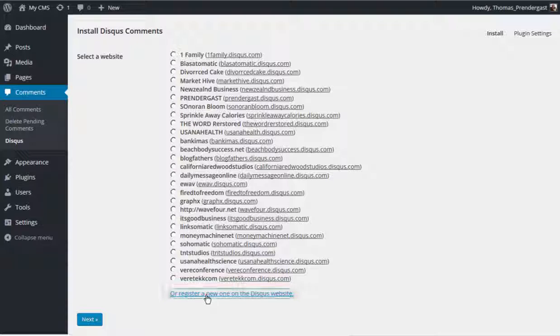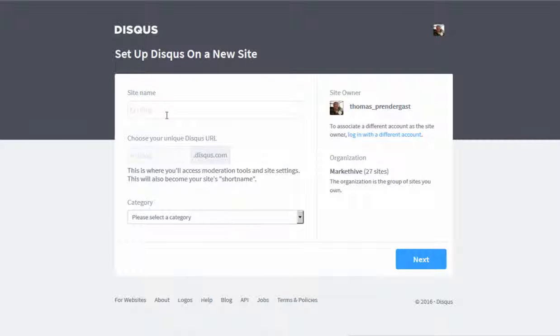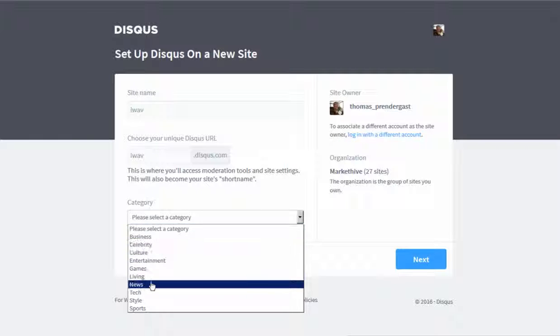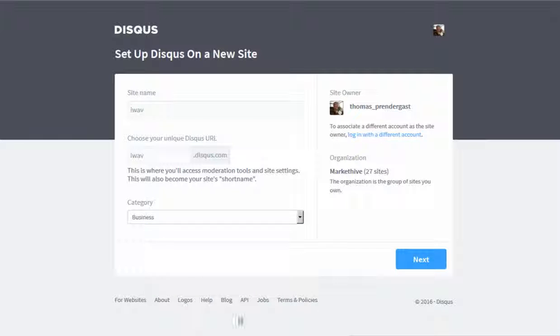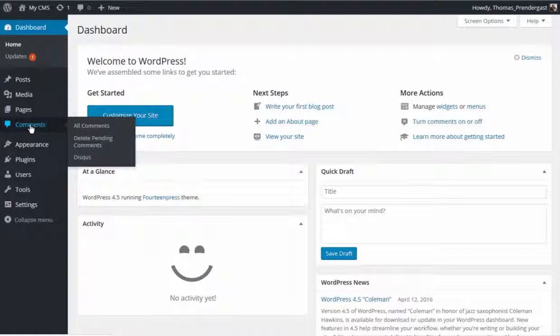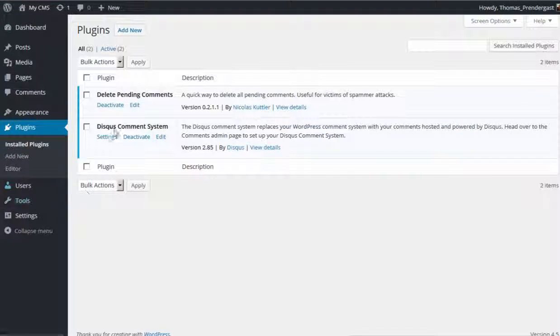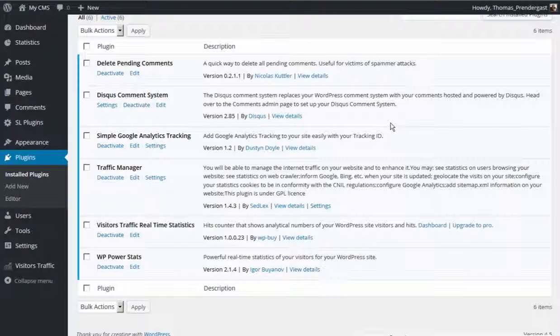Okay, so we're going to make a new one because this is a new domain. Site name, iWave. Discuss name, iWave. Please select a category. We'll say business. Click next. That should be it. So comments. Go to plugins. Okay, it's all set. So now the next thing for me to do is to create the plugin for that